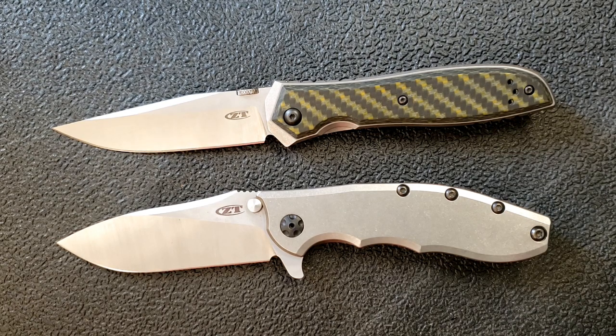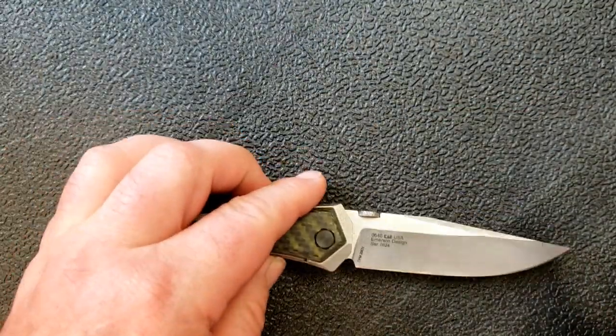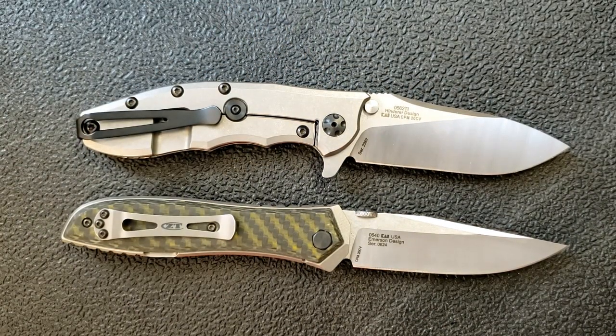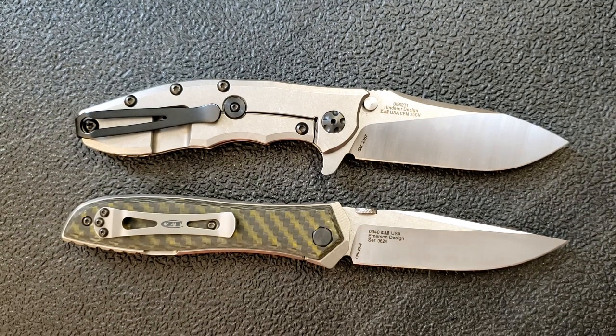It's about my favorite sort of sub community of the knife community these days. The admins do a fantastic job. They just keep it really on point and really friendly and really fun and fairly relaxed. So it's just a really good place. And I find myself most of the time, if I'm in various conversations about knives, that's where I'll be rather than say Blade Forums or various other options, USN or something like that. Anyway, wanted to give those guys a shout out because there was a whole discussion about these two knives